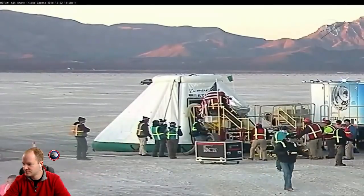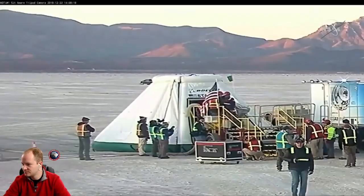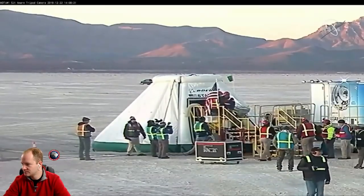Now we're back to live imagery of the landing recovery team as they look in on the hatch. They are...